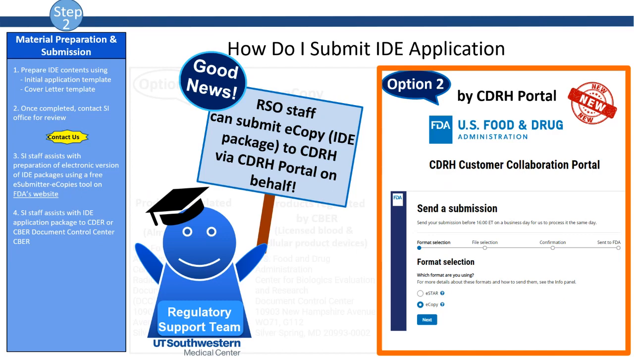The right side panel of this slide is the display of the first page of the customer collaboration portal, for which devices one can select eStar or eCopy. The eStar path is meant for 510K or pre-marketing application for devices, whereas the eCopy choice serves for IDE and Q submission filings, and RSO can assist the investigator teams in document submissions through the portal